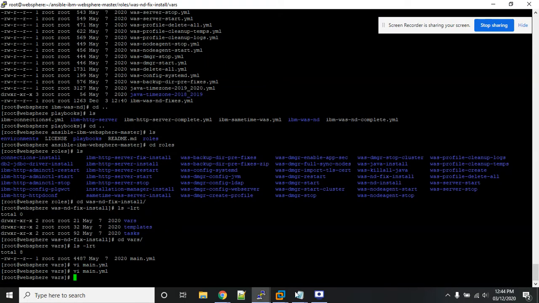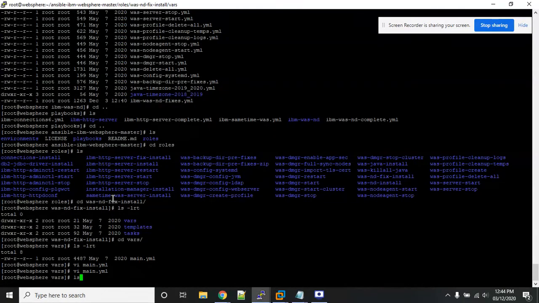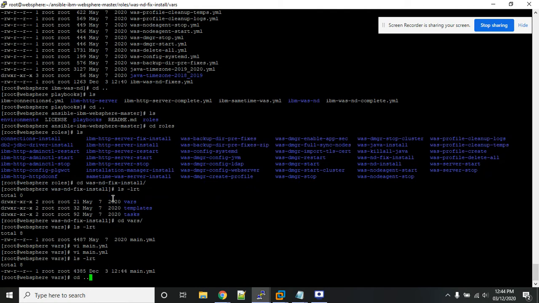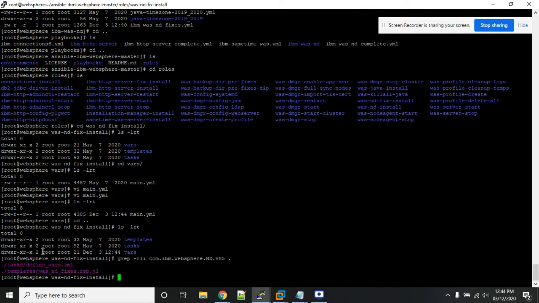So I have edited my main vars files. After that, instead of doing it manually, I will use some commands to edit globally. I will check wherever there is the offering ID and edit that. If you want to do this, you can go into the directory or a file and then change it.